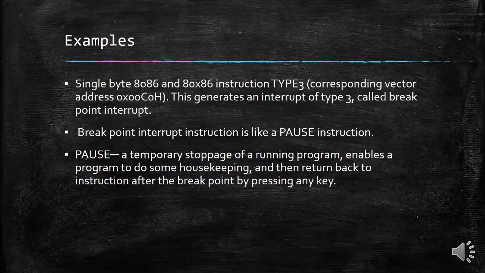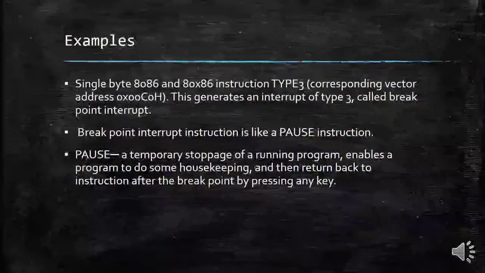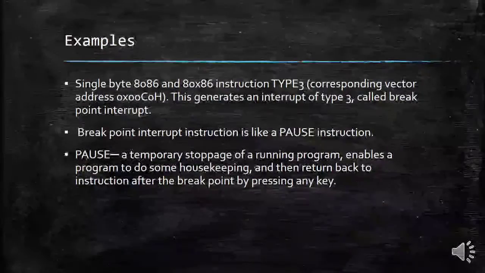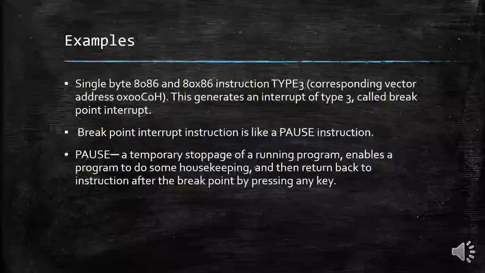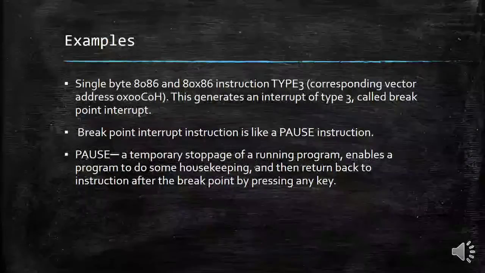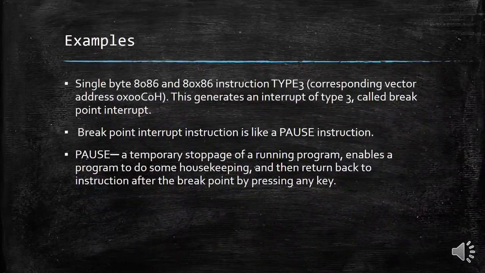Action taken by 8086 when the NMI line is activated. When the NMI pin interrupts the 8086, a branch takes place to the ISR whose interrupt type number is 2. The following sequence of actions takes place when NMI is high. First one, it completes the instruction that is in progress. Second one, the flag register is pushed onto the stack.